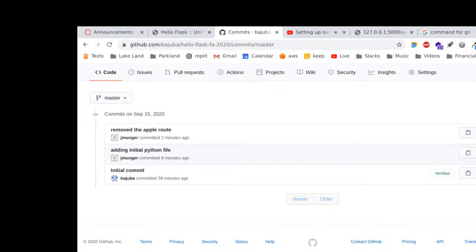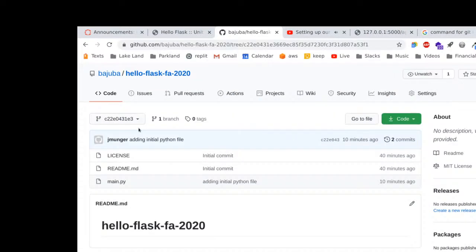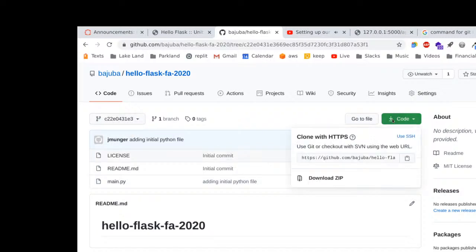I think actually, so at this point there have been 2 commits. All right, and so this gives me a little bit of an ID that's assigned to this commit. I believe,